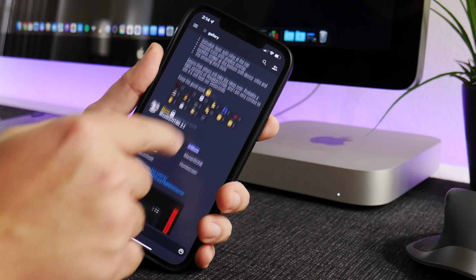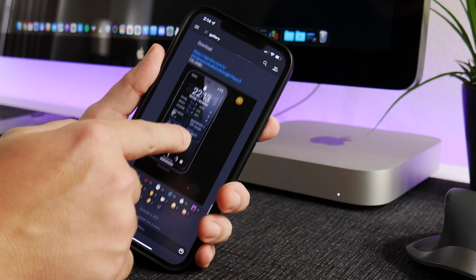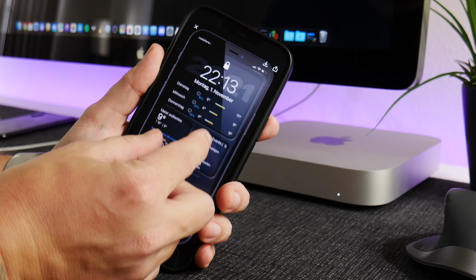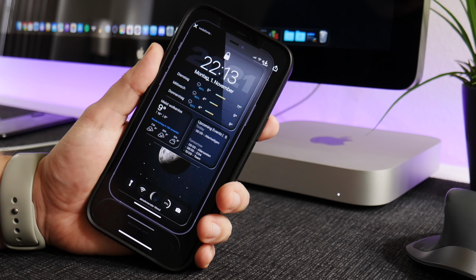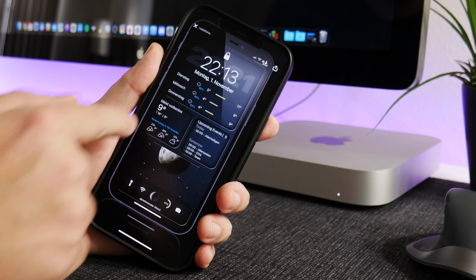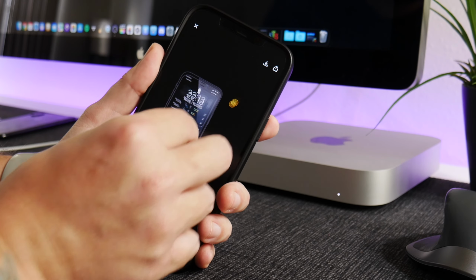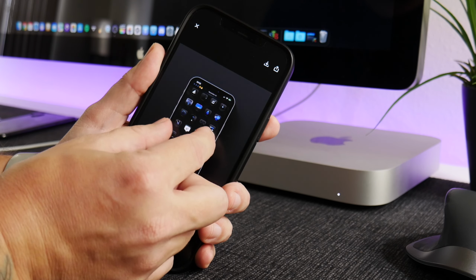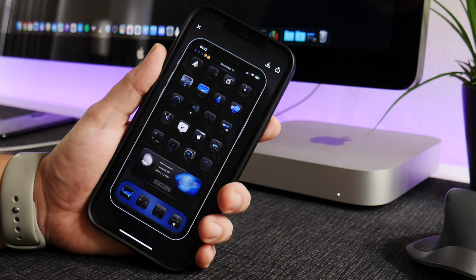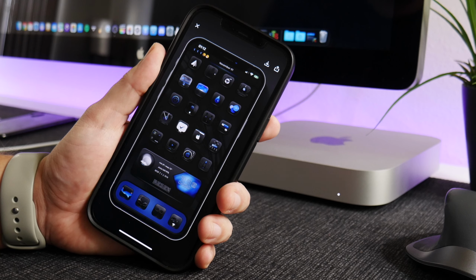Really, the sky is the limit when it comes to these themes, like this lock screen theme right here, which has a bunch of weather information. It also even has calendar events that are being displayed, live weather information. It's pretty damn crazy. And this one here by ATT57, this iPhone looks like it's jailbroken, but it is